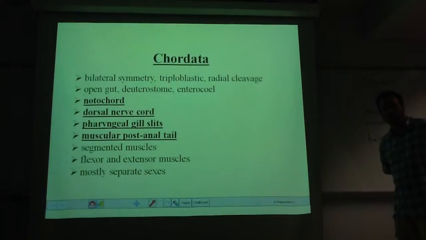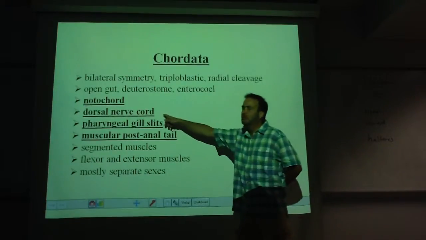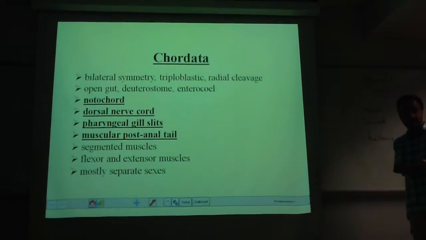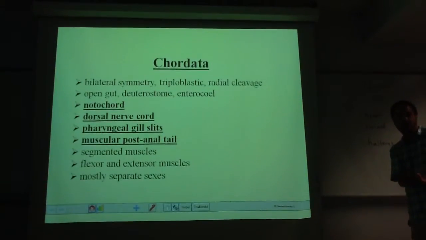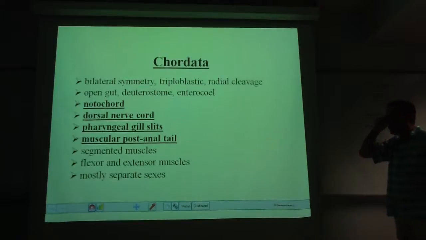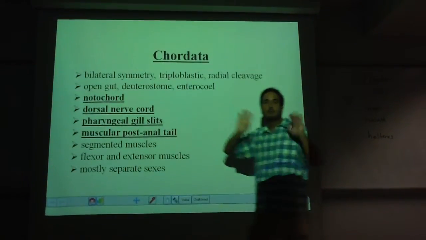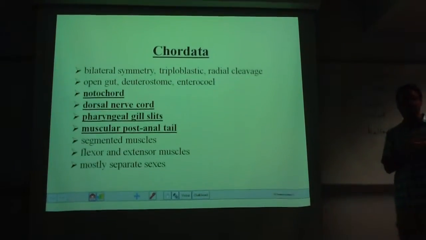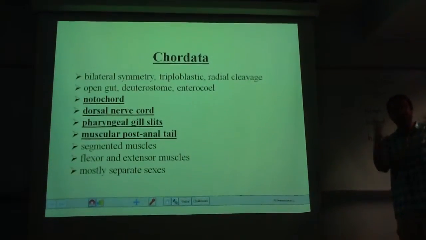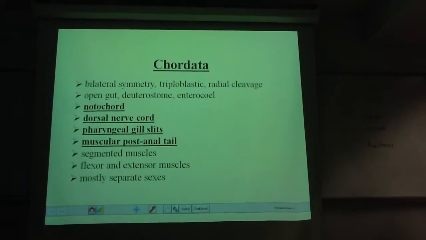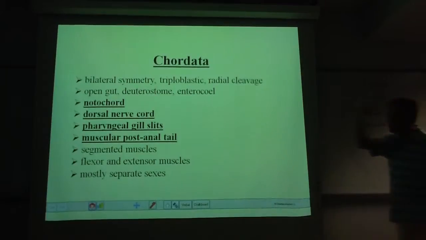In a vertebrate animal, the notochord becomes the backbone, or the vertebral column, right? You also have a dorsal nerve cord that runs along the notochord. In a vertebrate animal, that becomes your spinal cord, right? So your spinal cord, your vertebral column. You'll see in the case of something like a sea squirt or tunicate that they lose the notochord and the nerve cord as an adult. They don't have them at all, right? They're invertebrate animals, but they are chordates because they have a notochord and a nerve cord as juveniles.